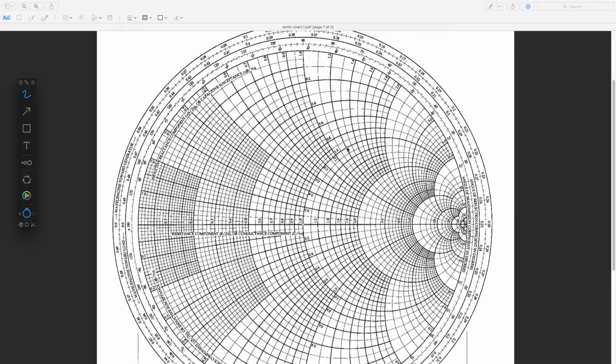We were here, right, and we moved into here, and so we added this susceptance, right, and the susceptance we added was going in this direction, so it's an inductive susceptance. Okay? So we have an inductor in parallel, the susceptance of about 1.2, a capacitor in series, and our load